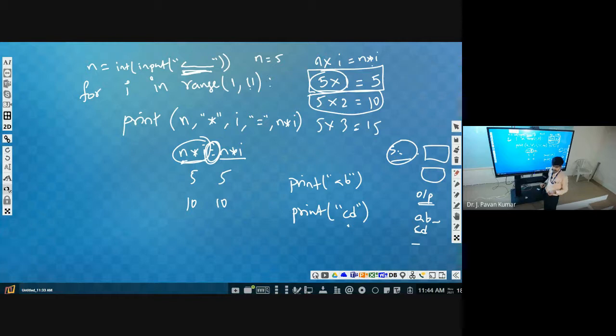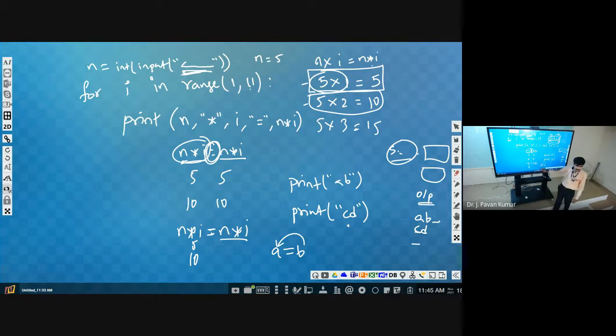First of all, if you try to print like this, just try it in your laptops, or whenever you go to lab tomorrow, try n into I equal to n into I. Check what it will print. It will print 10 directly. For the first one it will print 5. That you check. Why? Because n into first, and one more thing, this equal to is the assignment operator. So if you write A equal to B, B will be assigned to A. The right side one will be assigned to the left side one.